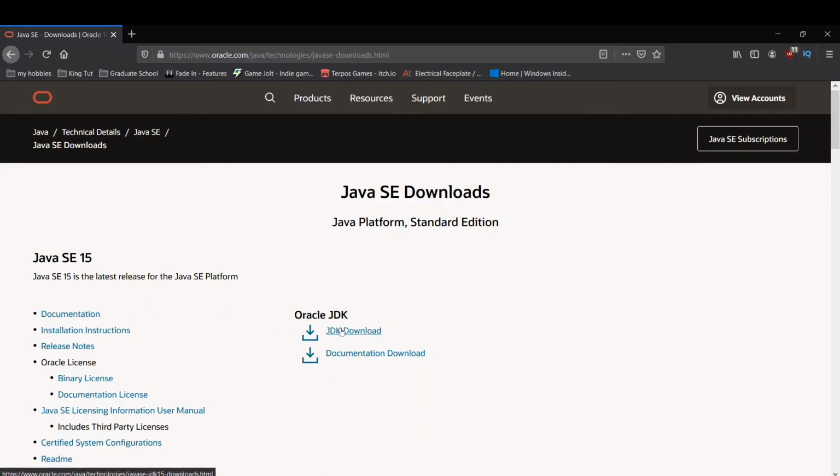Once you do that, I already downloaded it. You need to run the installer, and all you need to do is just click next several times, and once it's finished installing, you can click next and then finish. So it takes about 5 minutes, give or take. All right, so after you do that,